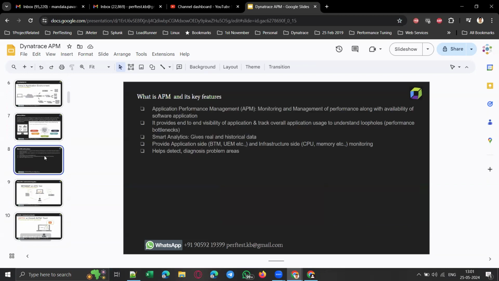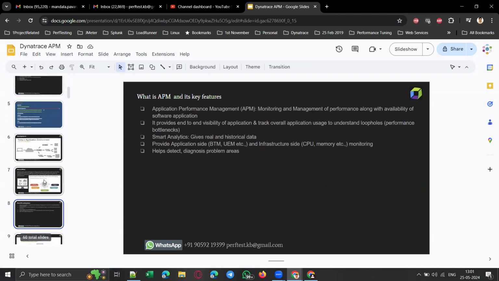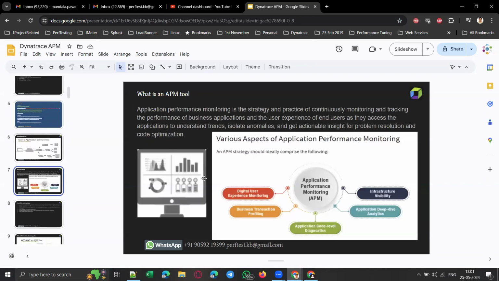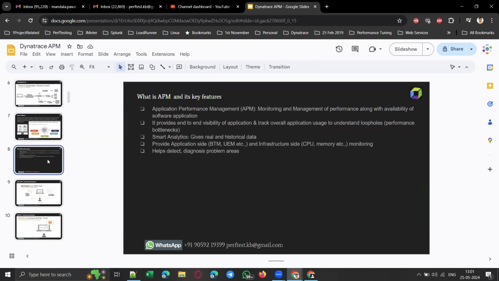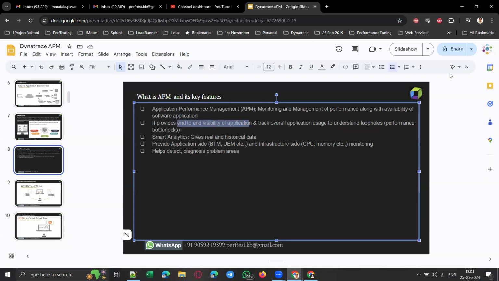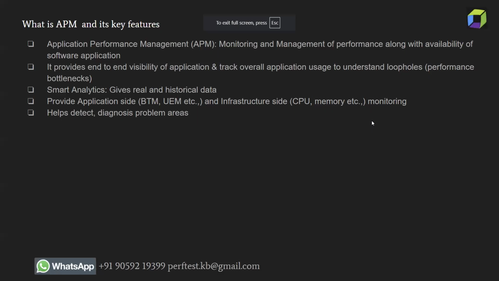Whenever you use any of these APM tools, we need not bang our head or analyze the test results ourselves, and we need not struggle much for giving any observations or fixing the performance issues, because the APM tools provide end-to-end visibility of the application, right? Let me go to slideshow mode. So APM tools provide end-to-end visibility of the application and track the overall